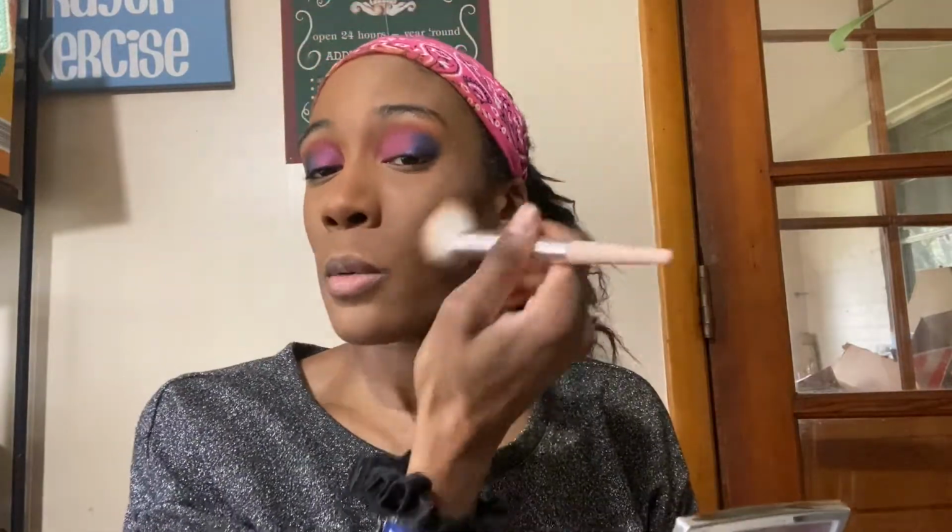I'm not gonna use a shimmery blush today, just because I didn't bring a powder brush in here to put on with this, so we're just going to go with the shimmery bronzer situation, and we're not going to use this blush this time, but, you know, I might use it another time in a future video or something. I'm going to take this Coral Vibes Nude Luminizer Glow Vibes highlighter with some of their limited edition collection. So I'm going to take that, and we're going to go ahead and